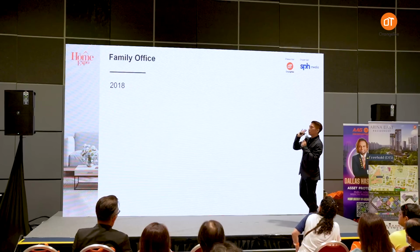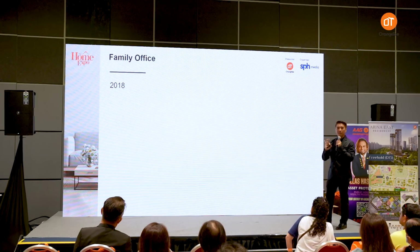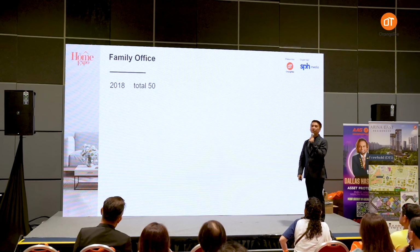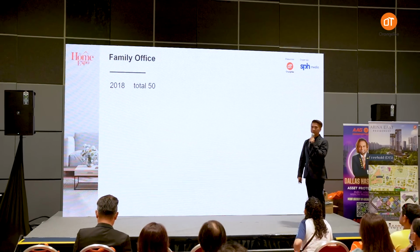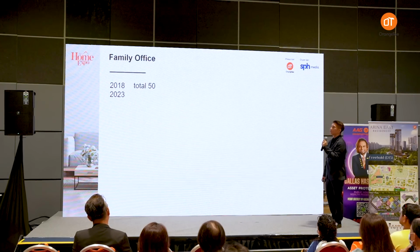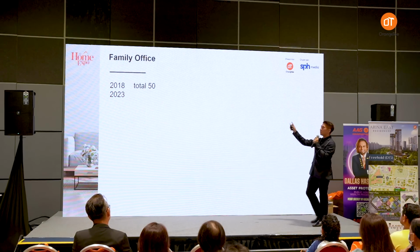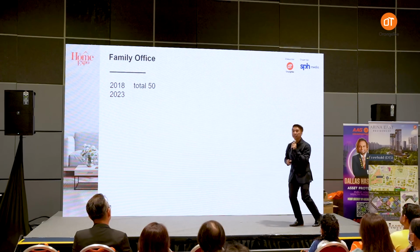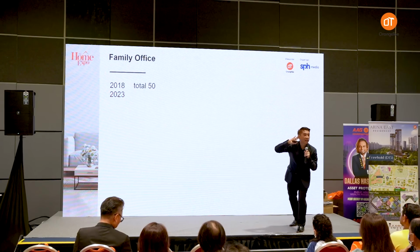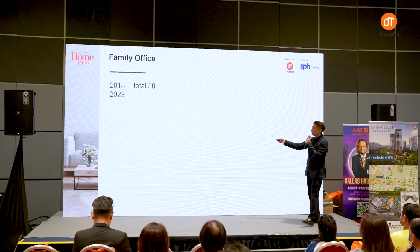Just a number to show you first before I go into the detail of how they can come in. In 2018, there were only 50 family offices set up in Singapore. And after that, 5 years down the road, last year, can you imagine the number went from 50 up to how many? Anybody know? 1,005? Quite close, very good guess. It's actually